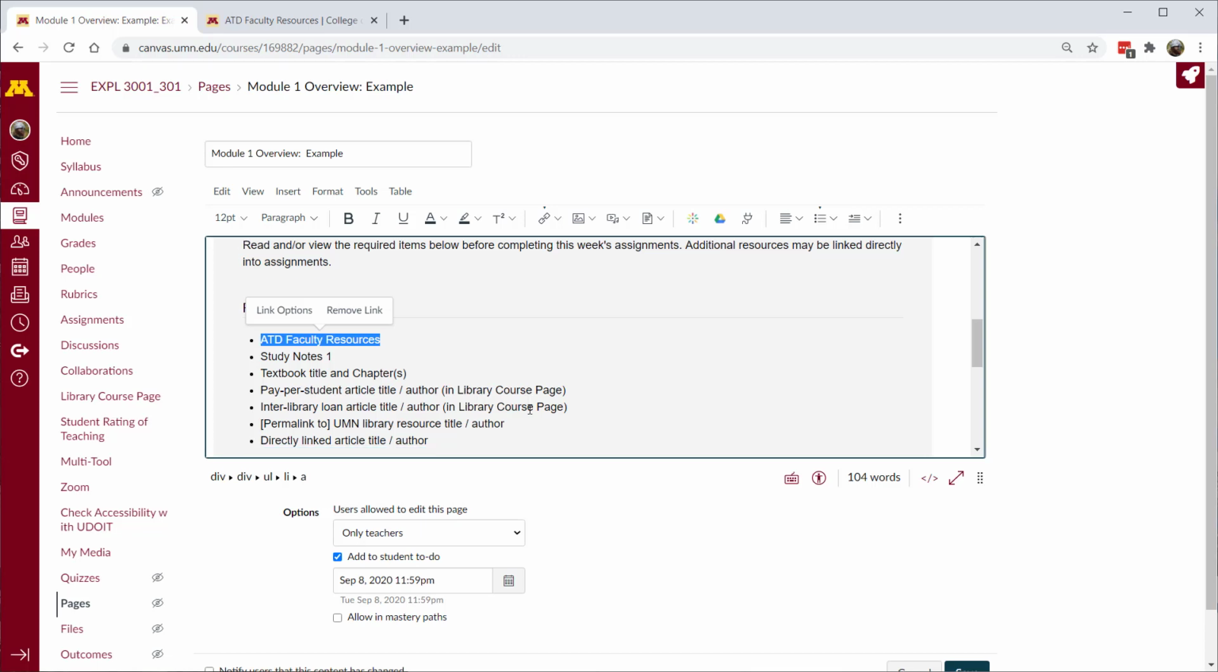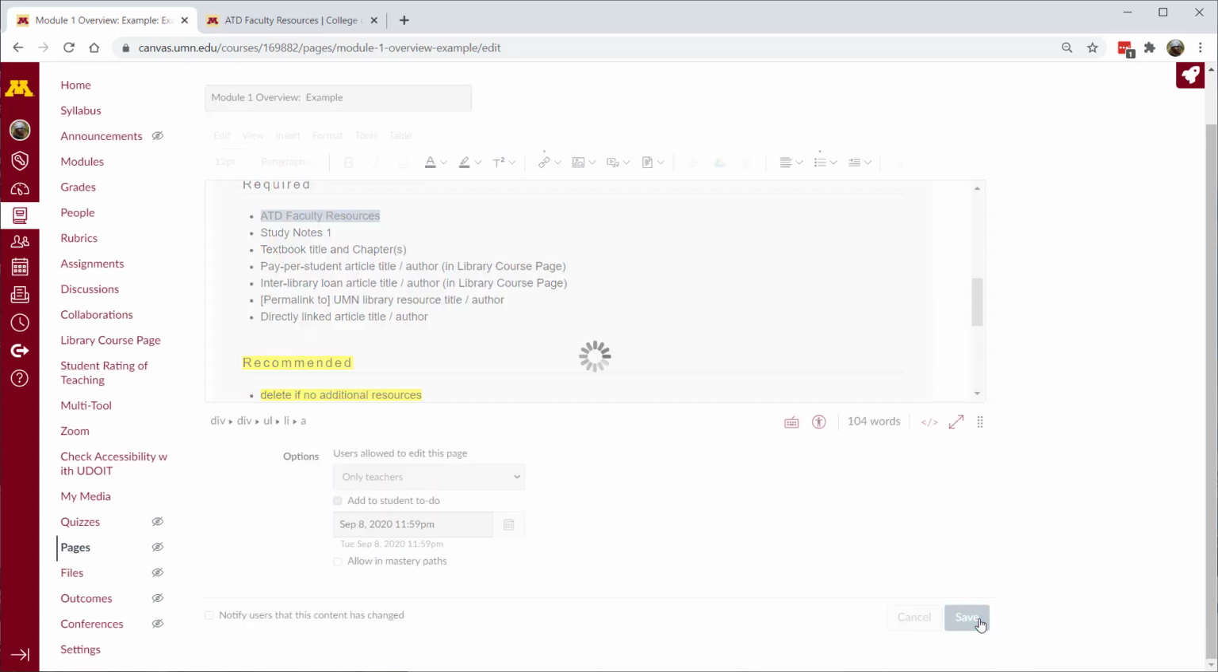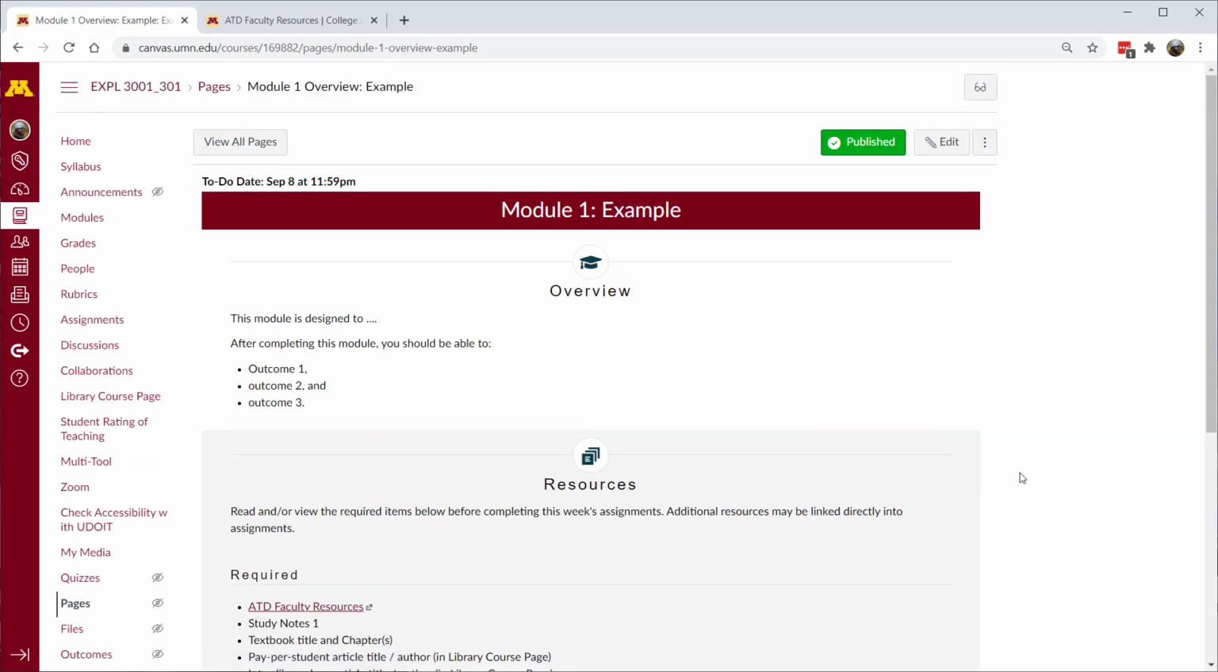As always, when editing content, remember to click on the blue Save button at the bottom to complete your changes